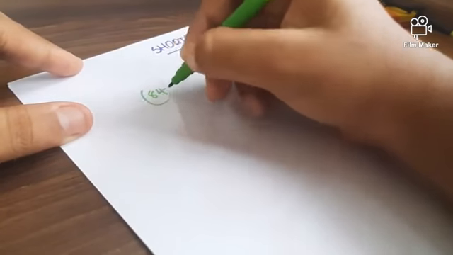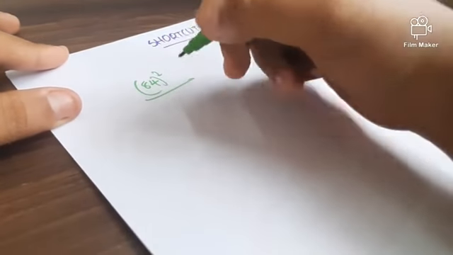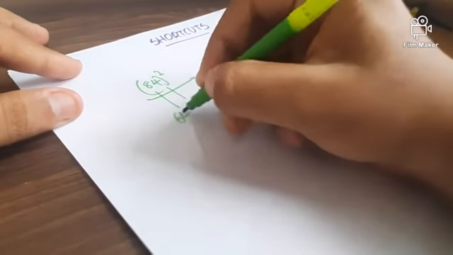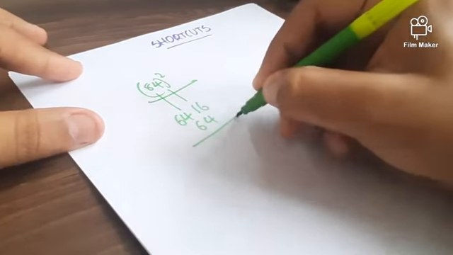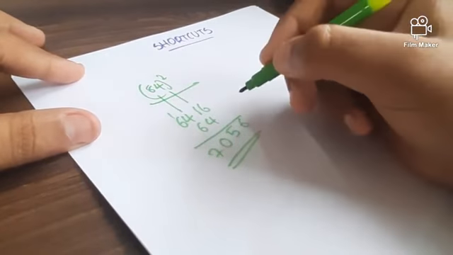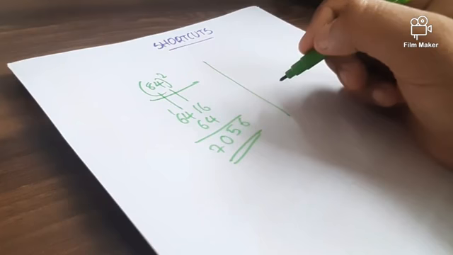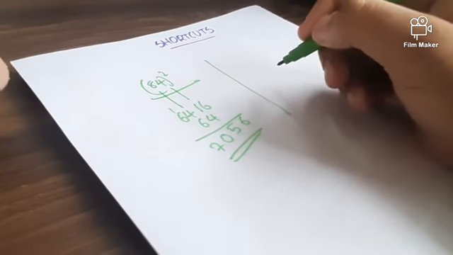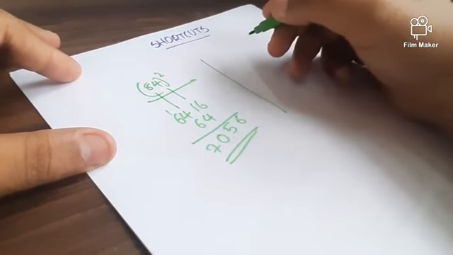Let's take an example, that is 84 square. With the method I have taught you before, we will find this answer so quickly. I hope you remember this method. If you don't know this method, refer to my third video. Okay, so let's do our new shortcut.